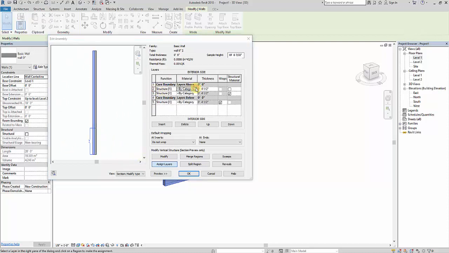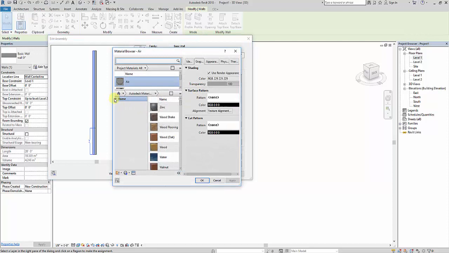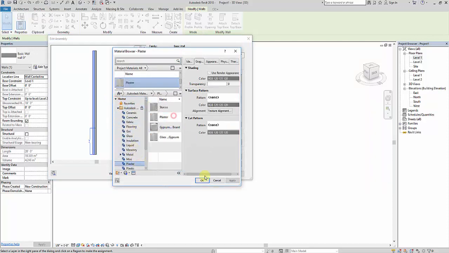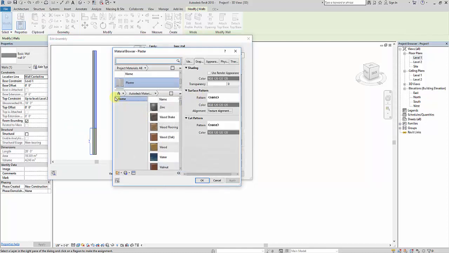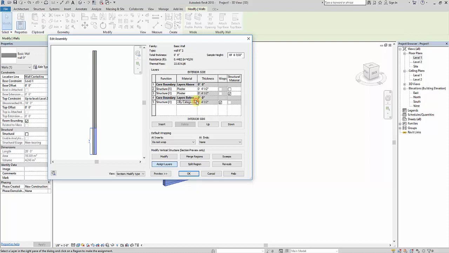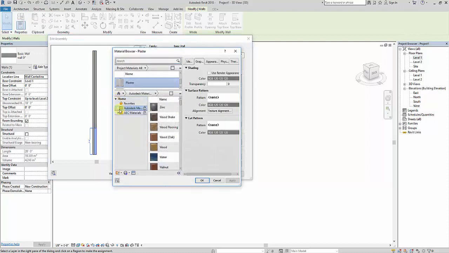So again apply the material as per your requirement. Okay, so this one I'll select it as plaster. This one I'll select it as plaster again. And the last one I will make it as tiles.